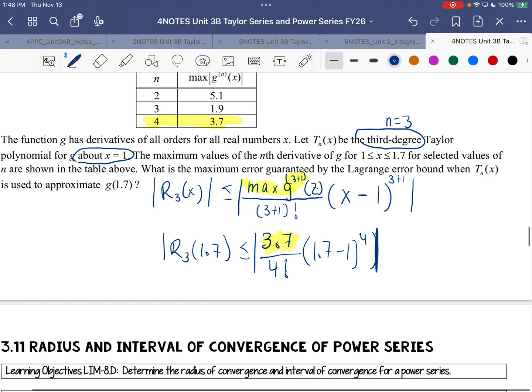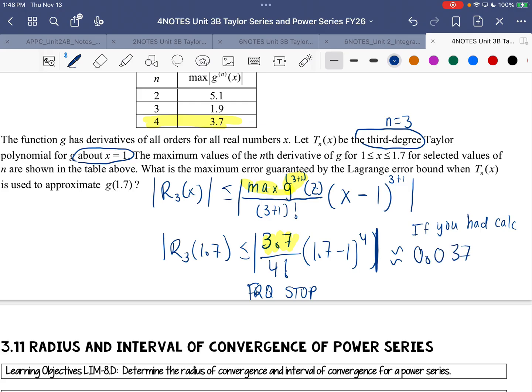If this was an FRQ, you stop. Do not go further. So you're just done. If it was a multiple choice, it would not be these numbers. Right? So multiple choice, no calculator, would not be these numbers. Multiple choice calculator, then you can plug into your calculator, but then, what the heck is the point? You know what I mean? So if you had a calculator, you would get